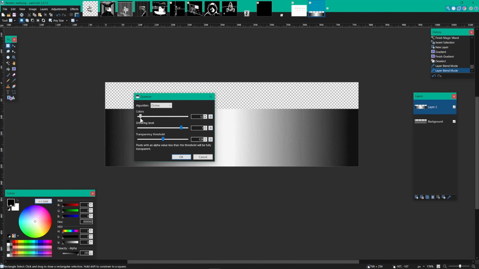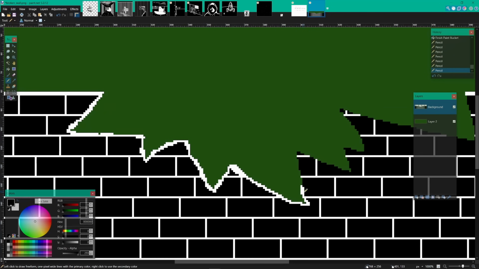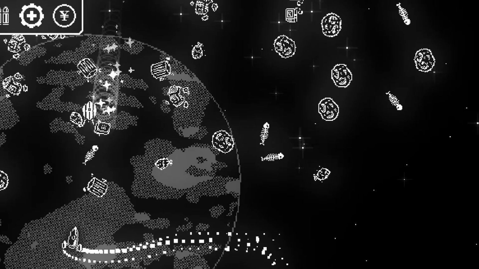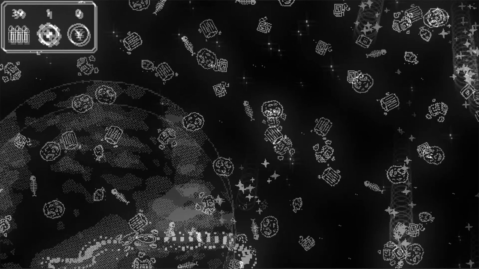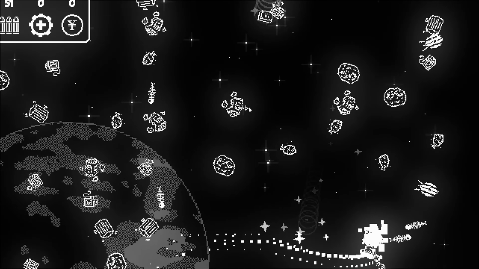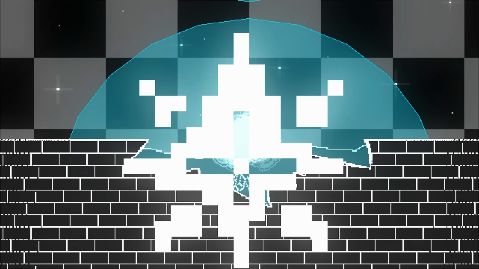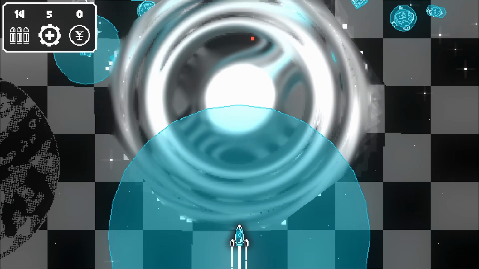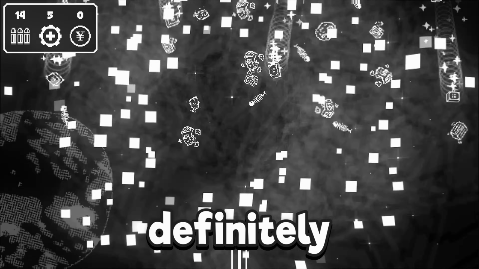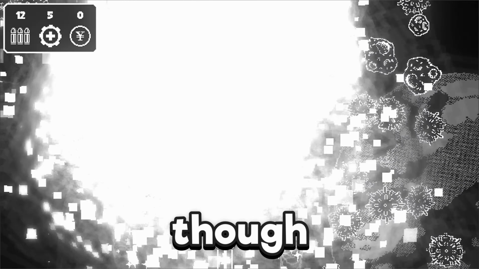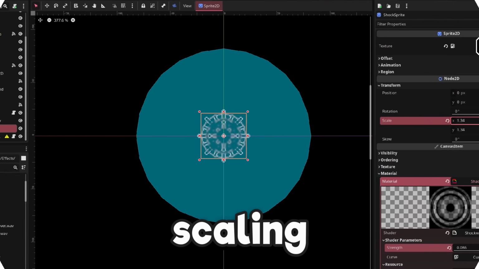So yeah, after that I added a broken wall with multiple layers to show the parallax effect, because we're escaping a prison, so you know, it kinda adds to the theme. And also added a slight camera zoom in when damaged. I then experimented with shaders to create a shockwave effect from explosions. I definitely need to work on my shader skills though, because my current solution is just scaling up a sprite